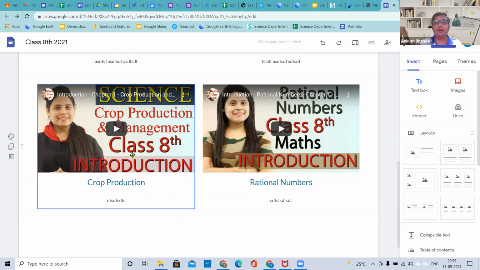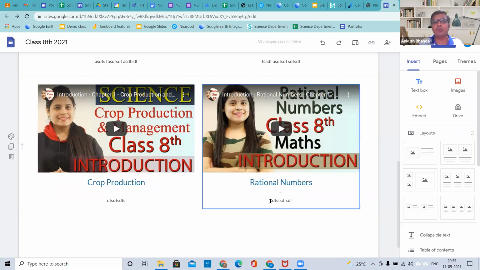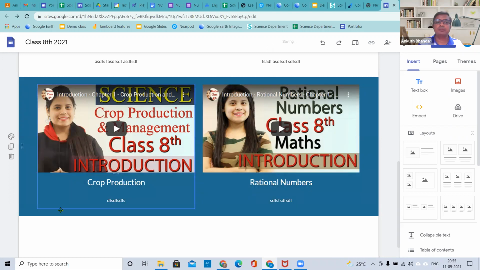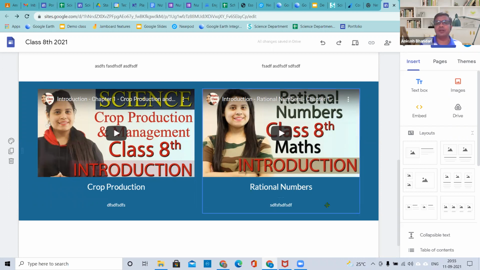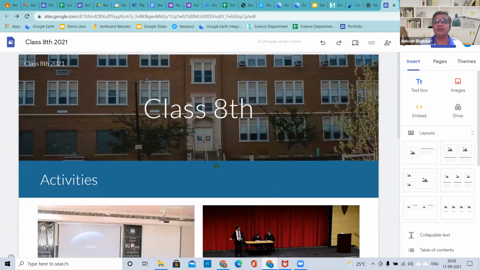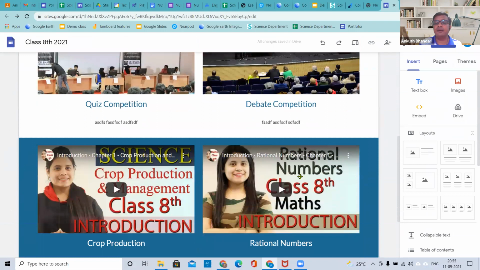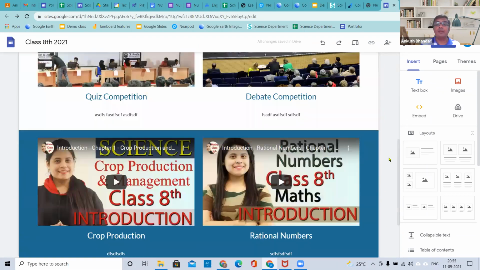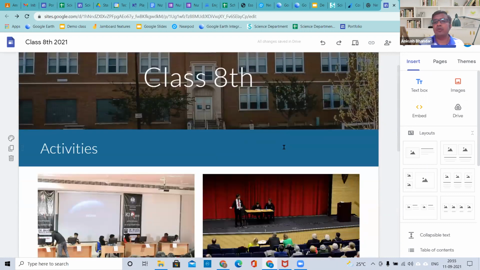So again, everyone, now this again white part, I'm not finding it great. So what I'll do, I'll change the color on the left hand side, section background and emphasis 2. So here again, we got the emphasis 2, and right. So this is the way we change the color. So now we have a first page where we have inserted some images, banner, and some videos are there, right? Now generally what happened, you want to change the color, right? You are not liking this blue color. So what to do, right?